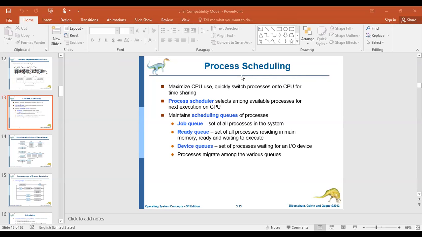Long term means, just like a batch of jobs, if you submit a bunch of jobs, 10 jobs you have submitted as a single group. What happens in this case? Continuously, the CPU will execute all these processes, right? There is no termination. Continuously, they are processing. You just imagine like that. Whenever we have such kind of situation, that type of scheduling is called long-term scheduling. Even sometimes they are uncertain also, because some of them may end immediately, something will start. Continuously, this process is going on. Okay, so such kind of scenarios are called long-term scheduling.